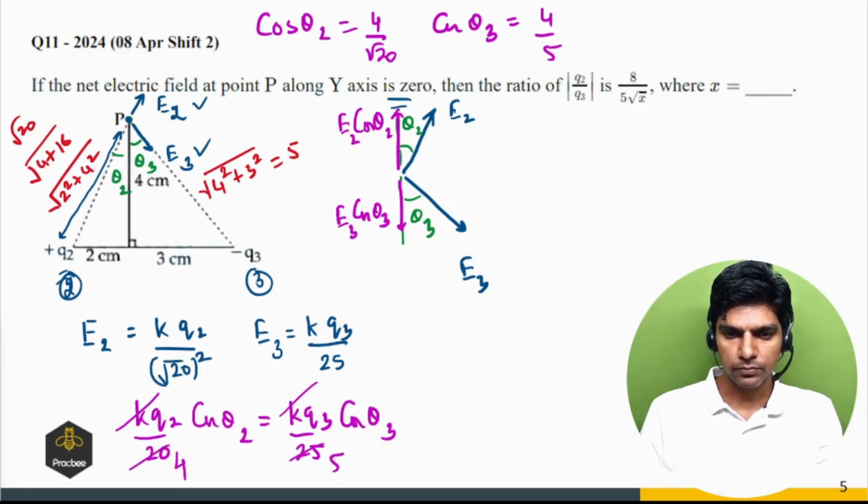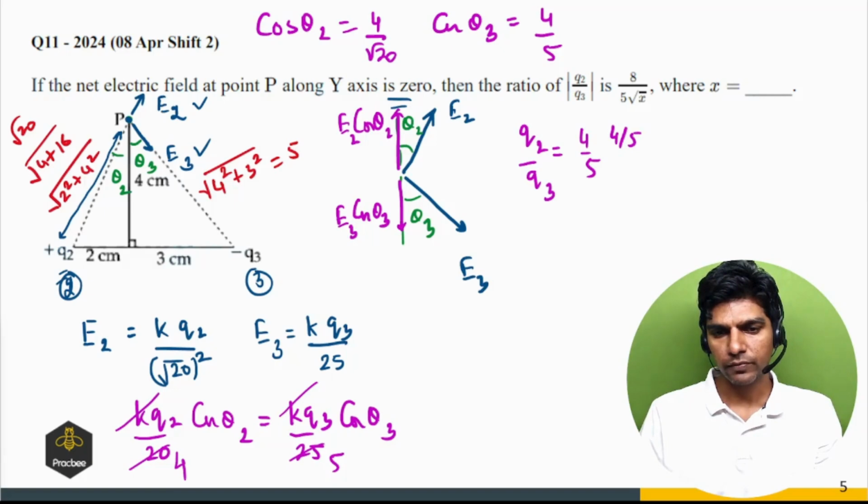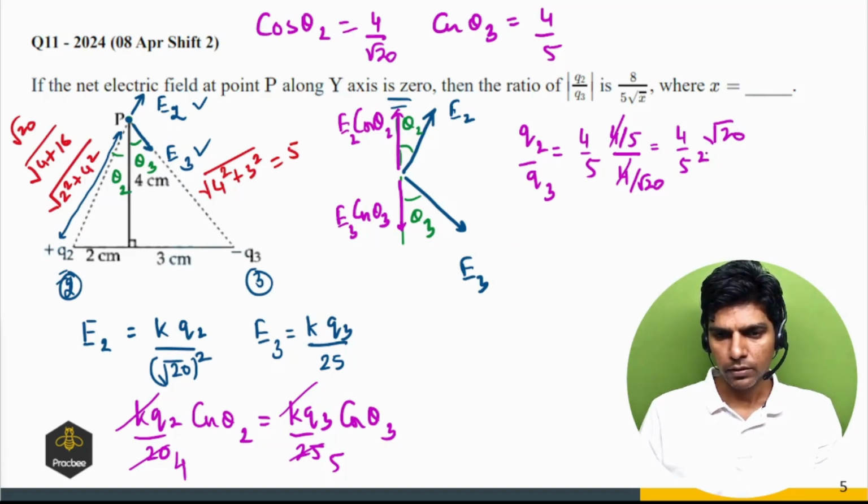So we can say Q2 by Q3 will be 4 by 5 times cos theta 3, which is 4 by 5, divided by cos theta 2, which is 4 by root 20. So let us simplify this. This 4 will get cancelled out and we get 4 upon 5 square times root 20. And root 20 can be written as 5 times 4. So it will be 4 by 25 times 2 root 5. So that will be 8 upon 25 root 5,